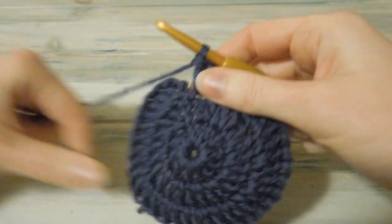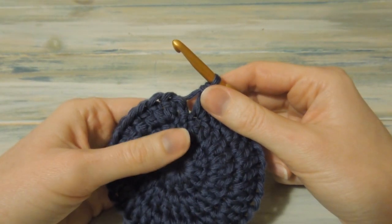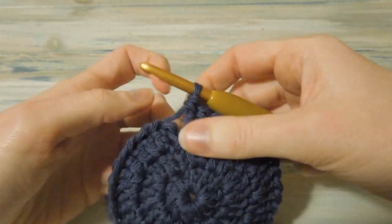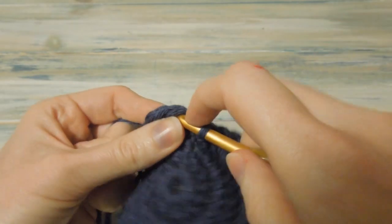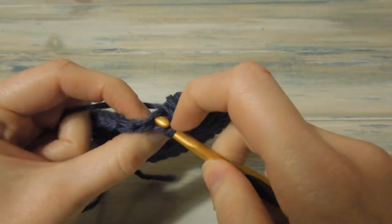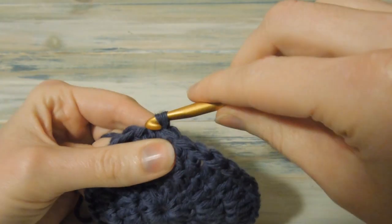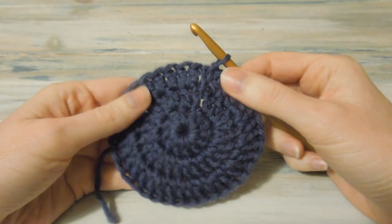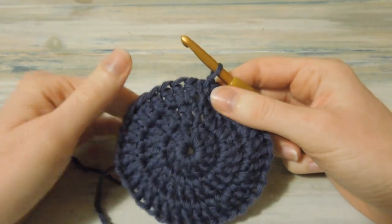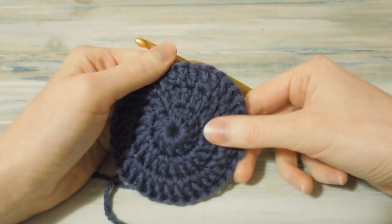like so. So by the end of that round, your third round, you should have 36 stitches, and then we just slip stitch into the top of our 2 chain like so to join our round. Okay, so by the end of that round you should have 36 stitches. And like I said, those first 3 rounds are exactly the same for the 0 to 6 month size, but